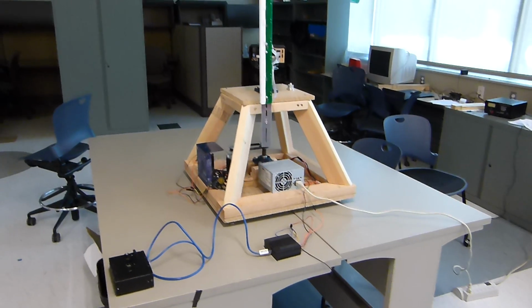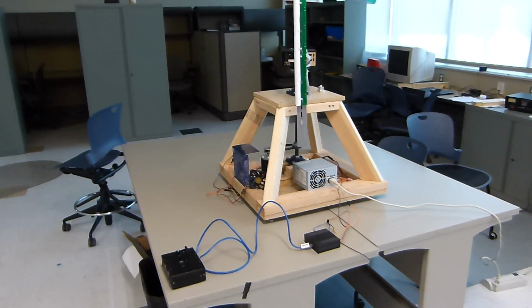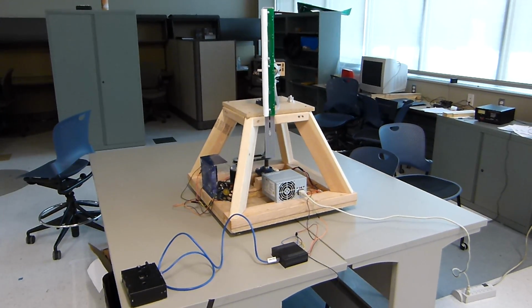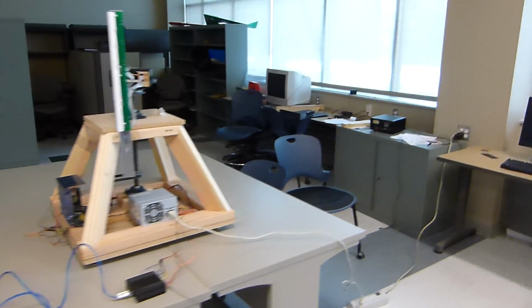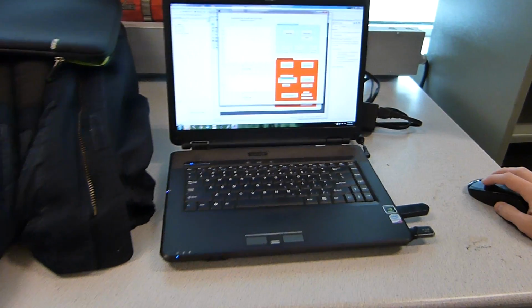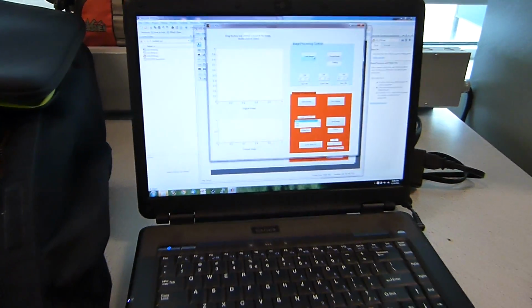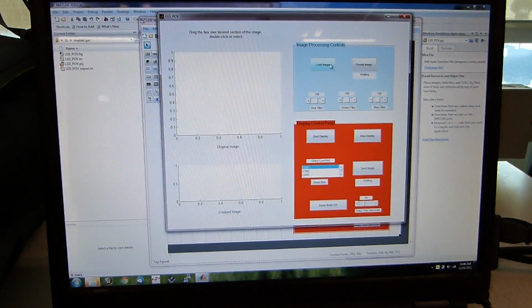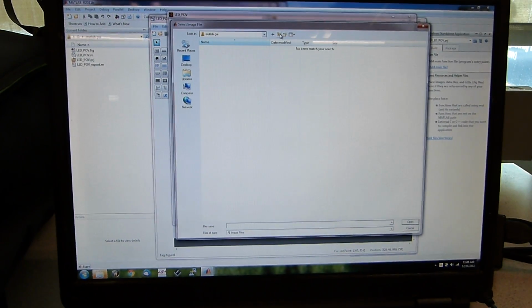We transfer images to the display using a Bluetooth communication. We have an algorithm built into MATLAB with a GUI that allows us to do this, and we'd like to show that to you now. Here is our program we use to send images wirelessly to our display. We load an image by clicking this button here,